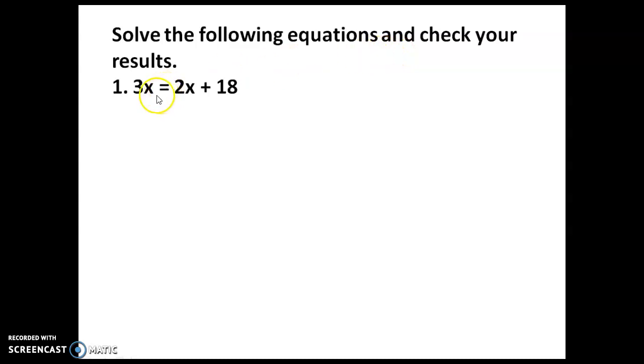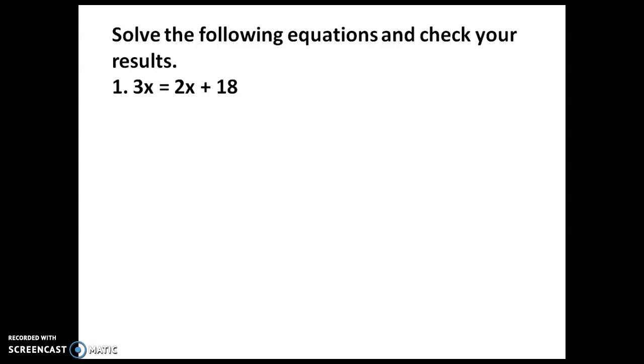We have to substitute the x value after finding it in the question. Then we have to say LHS is equal to RHS. If it is equal, then our solution is correct. That's how we have to do this exercise. Very similar to the previous exercise, the only thing is LHS and RHS both have x.